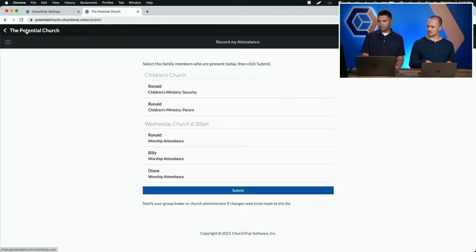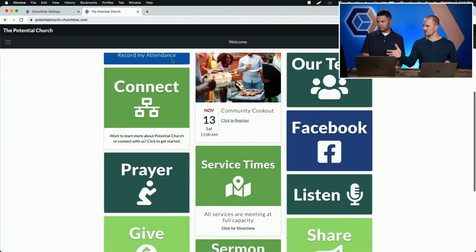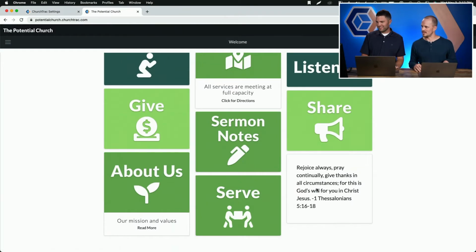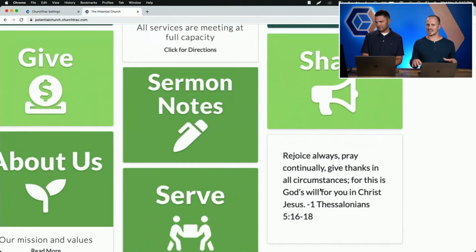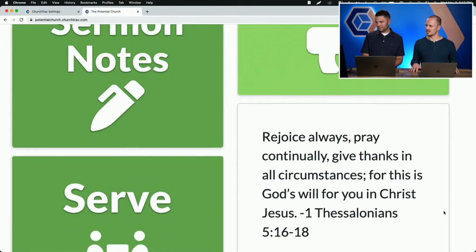Yeah. And then there's also what we call a quote card. If you scroll down, Wes, right there in the bottom right. A quote card is really just a way to add a nice personal touch to your Church Connect page. You can add, like Wes has, 1 Thessalonians 5:16-18. You can add a Bible verse, maybe make it relevant to the service that happened last Sunday or coming up next Sunday. The pastor can throw up something, maybe a quote that inspired him lately,